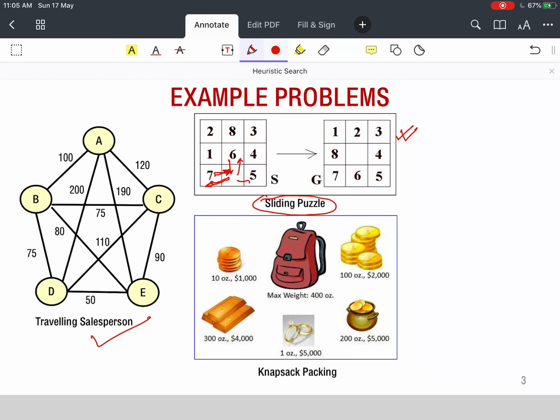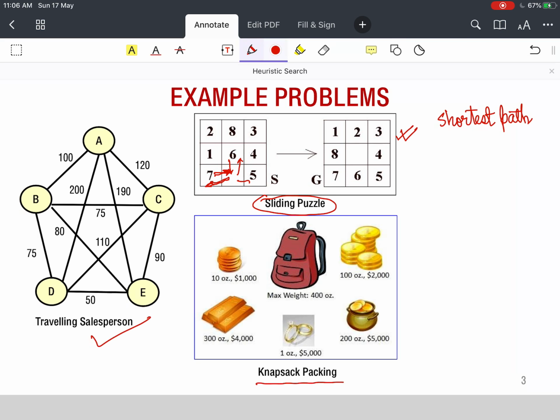Again, like in the traveling salesperson problem, we not only want to find the path, but we want to find the shortest path in some form. Here in the sliding tile problem, every move is of cost 1, therefore the shortest path and the shortest length path are the same. Whereas in the traveling salesperson problem, there are edge weights, so even 2 paths of the same length can have different costs.